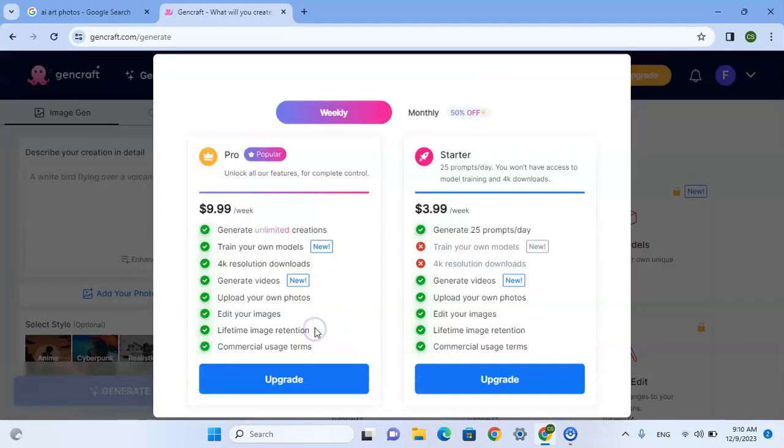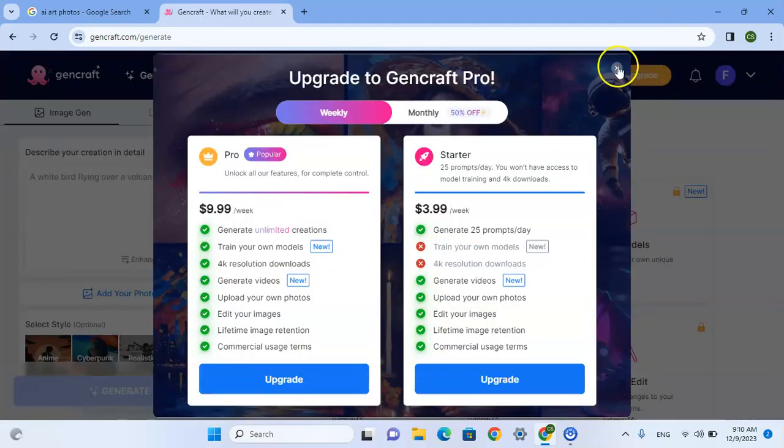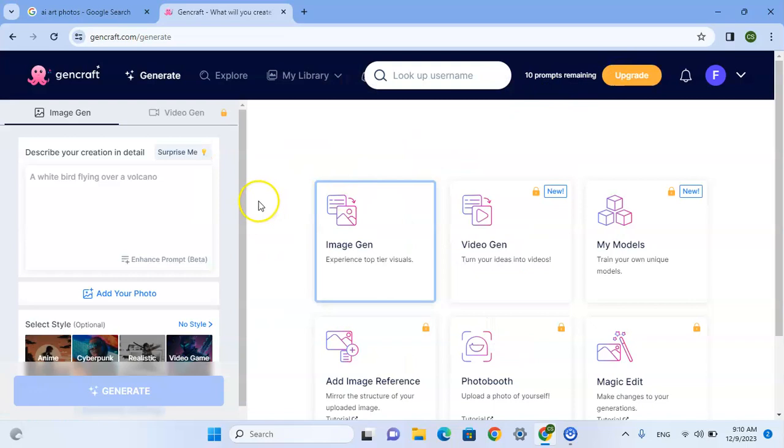Now select the skip option and remove this pop-up page. And here at the left side we can write what we want to generate. Okay, just write text here and click on generate. You will get a photo. Like, I want to generate a photo